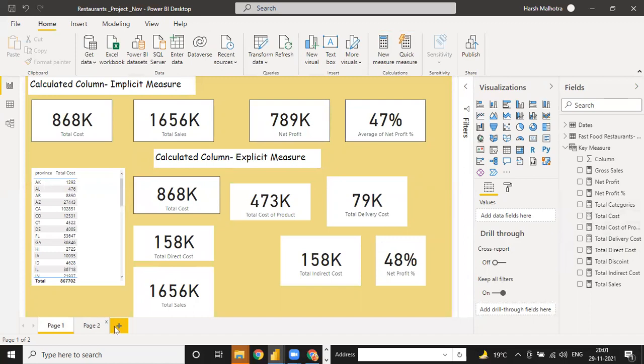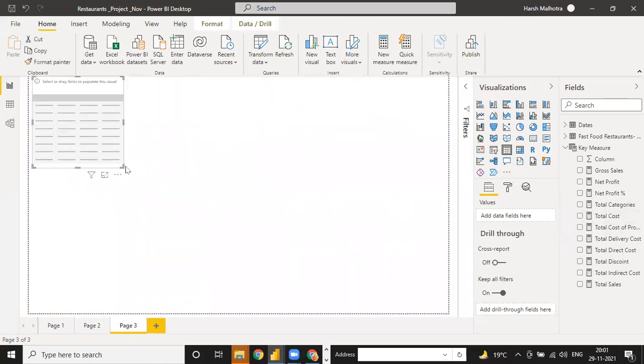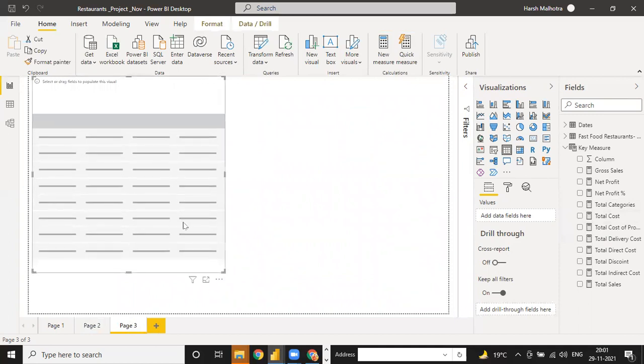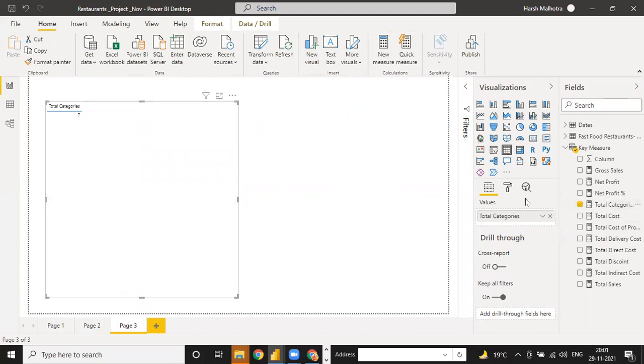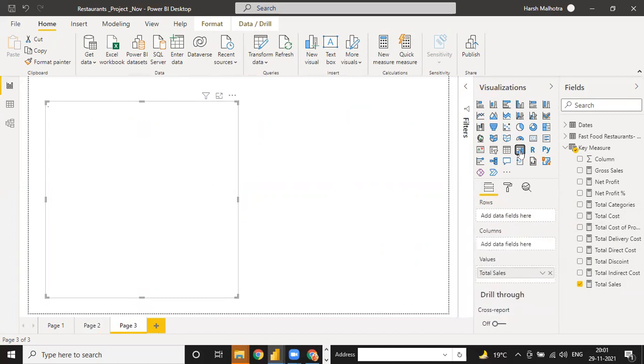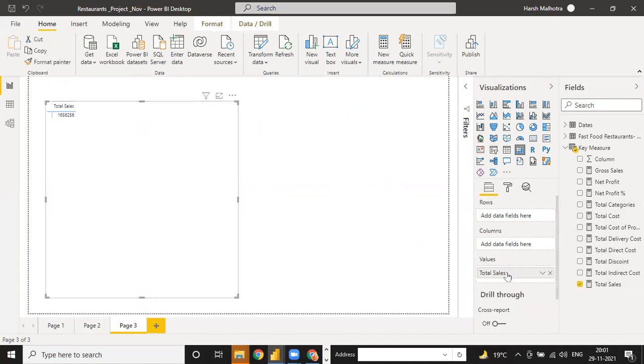Okay, and guys, same thing, click on this new page, adding one table, and now categories, total 7 categories we have, total sales, total sales, click this column chart, total sales, right?